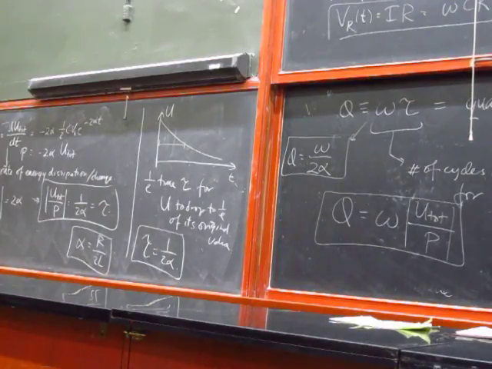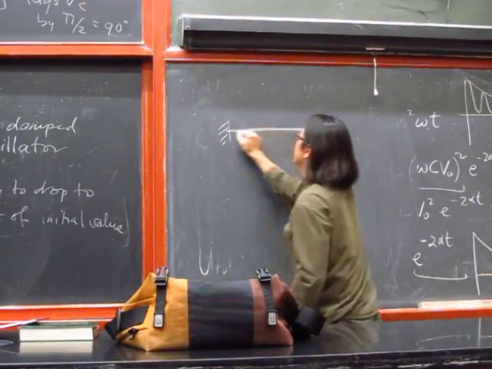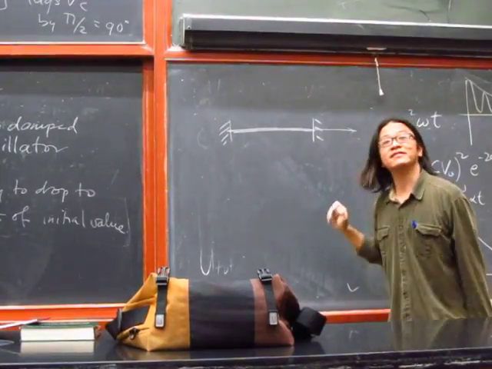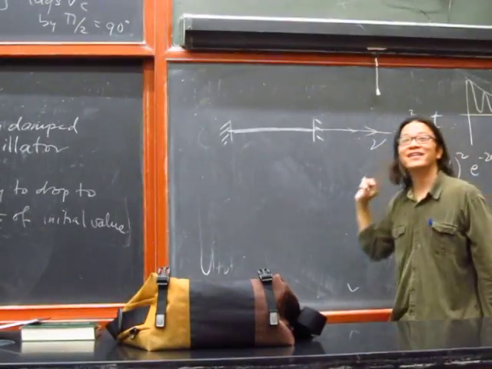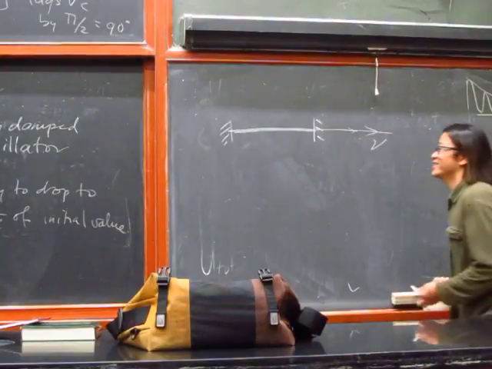If I have a laser cavity, light bounces back and forth between the resonator mirrors, and then some of it exits, and this is how you get your lightsaber. You get the light coming out, right? So the Q